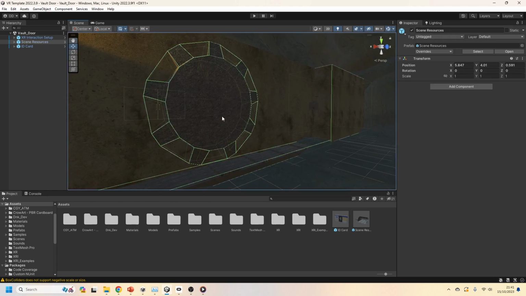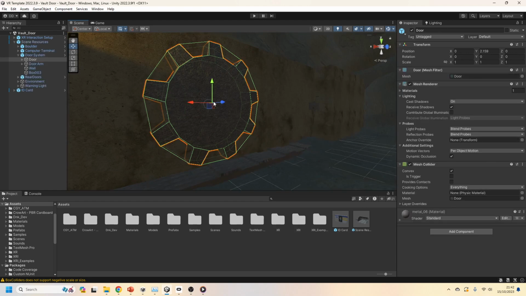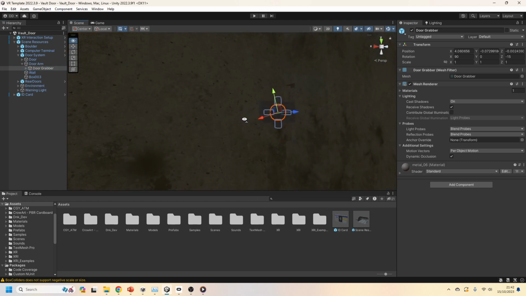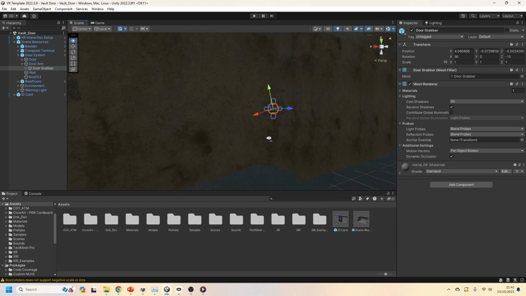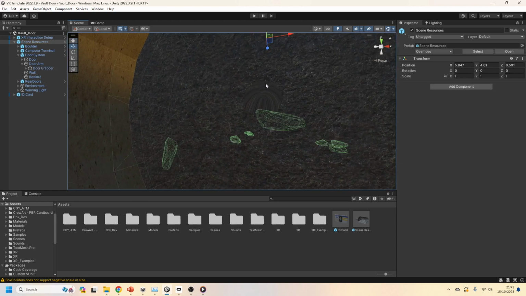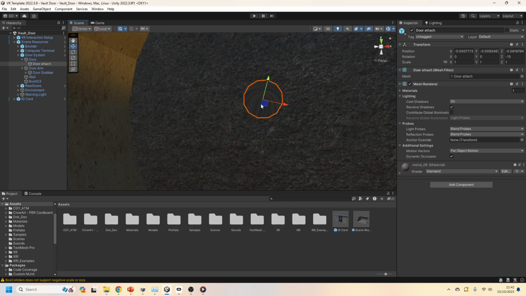If we left click on the wall, it'll highlight the scene resources, which is just all of the stuff within this scene. But if I left click into the door again, it will highlight the idea that the door itself is a sub part of this. It's a child of this parent, and it's the door that we want to animate. We've also got a door arm which contains the door grabber, which is this kind of circular bit here. And on the back of the door, what you'll notice is there is like a little circular bit. We're going to try and line this up so the door grabber will hook around that